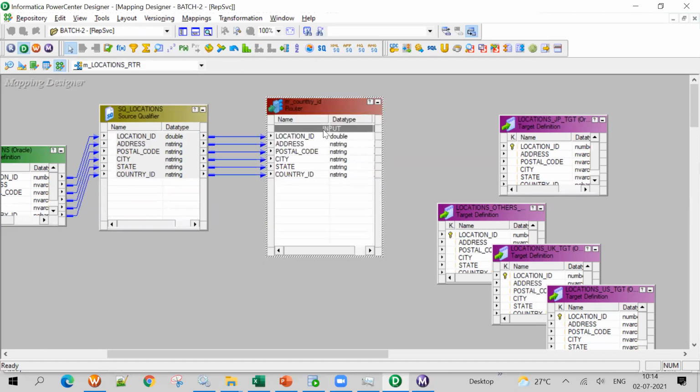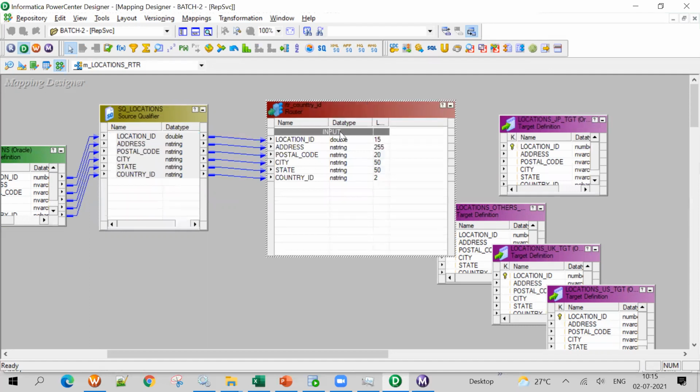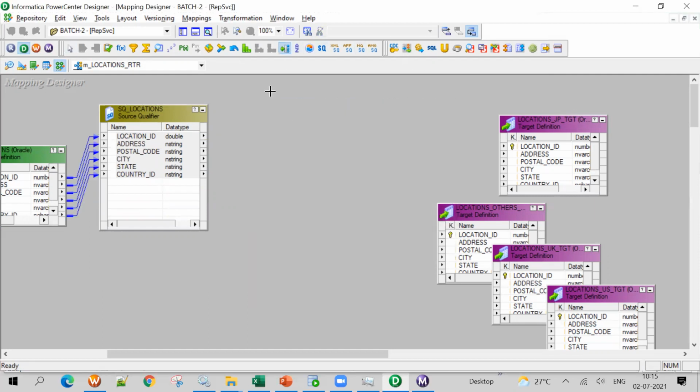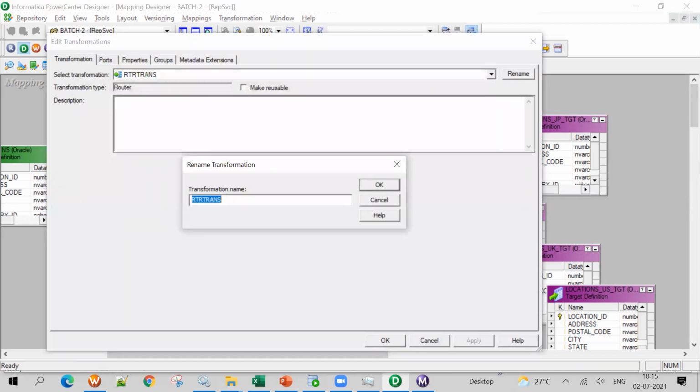It created an input group. I just dragged the router transformation here and changed the name to RTR_country ID. Click on OK.